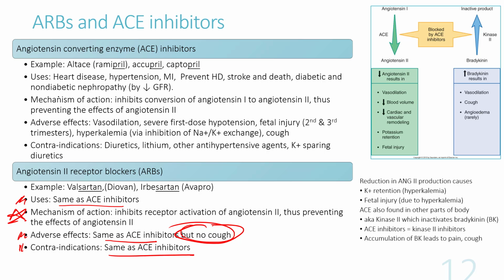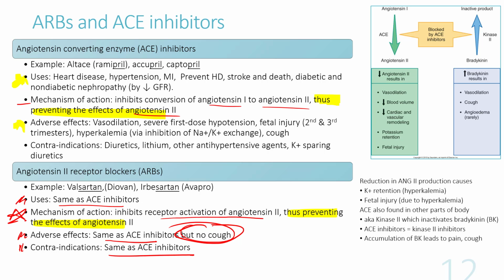So mechanism of action for ACE inhibitors is to inhibit conversion of angiotensin 1 to angiotensin 2, so it prevents the effects of angiotensin 2. Mechanism of action of angiotensin 2 receptor blockers is to inhibit receptor activation of angiotensin 2 and gives you the same results, right? Thus preventing the effects of angiotensin 2. And I've deliberately used the same phrase just to highlight that the effects are largely the same, okay? And so you've got its uses over here, and then you've got